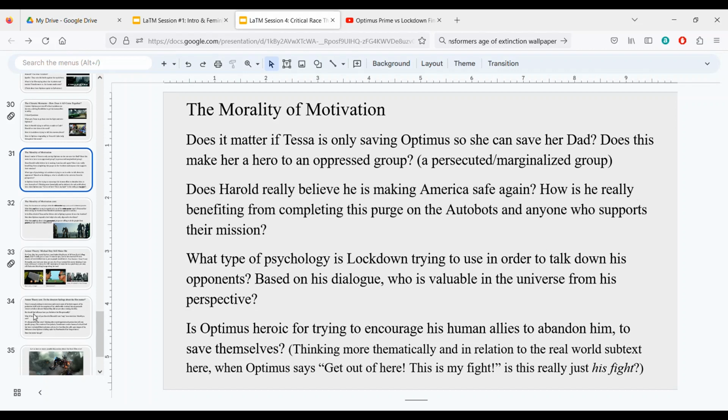Is Optimus heroic for trying to encourage his human allies to abandon him, to save themselves? Think more thematically and in relation to the real world subtext here. When Optimus says, "Get out of here, this is my fight," is this really just his fight? What would Optimus be doing if he didn't accept help? He'd probably be dead, and he's no good dead, so it's not really heroic for him to encourage that. I mean, it's heroic